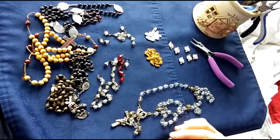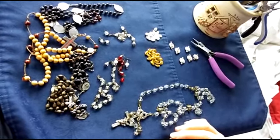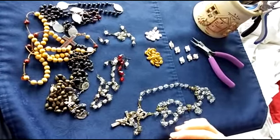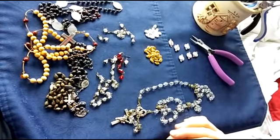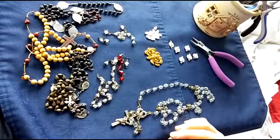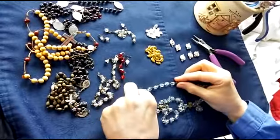In my experience, when people find out you make rosaries, rather than asking to purchase a new one, they bring you their old ones that are broken to fix. This is quite doable, even though they're usually commercially made with inferior materials, which is why they broke in the first place. But the first piece of advice I would give you is that you're simply going to have to